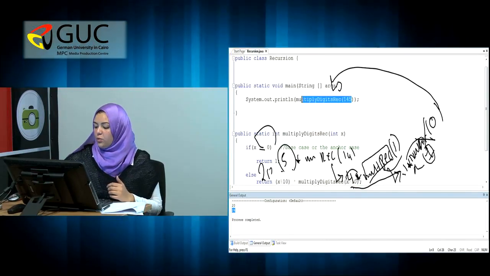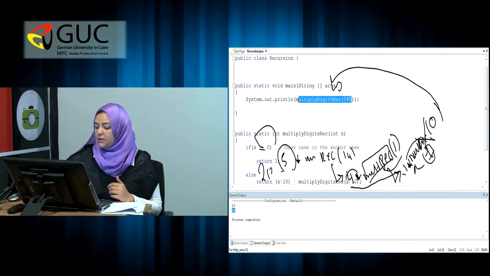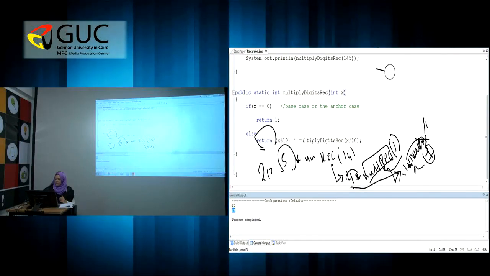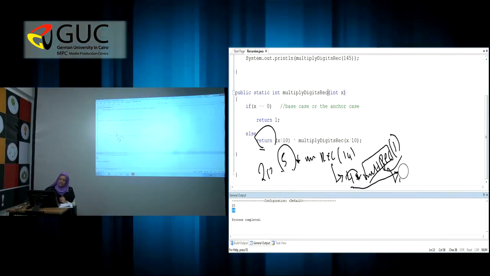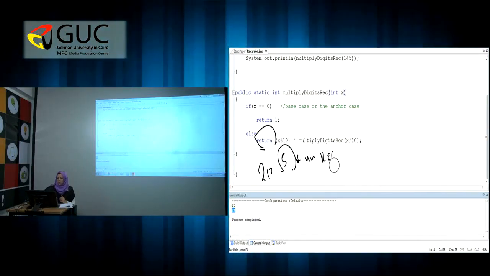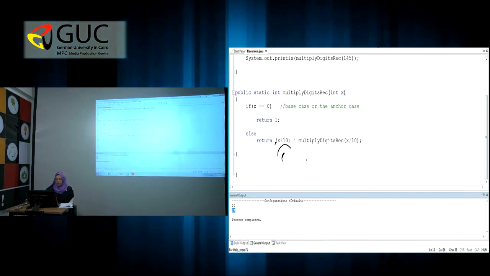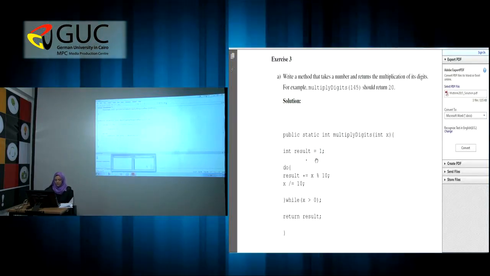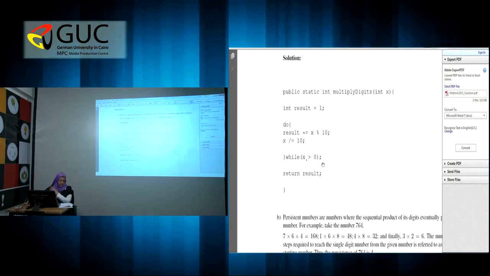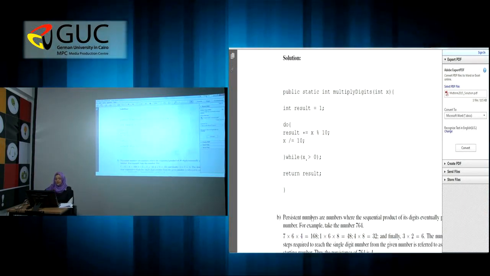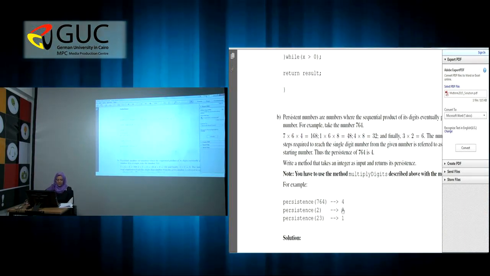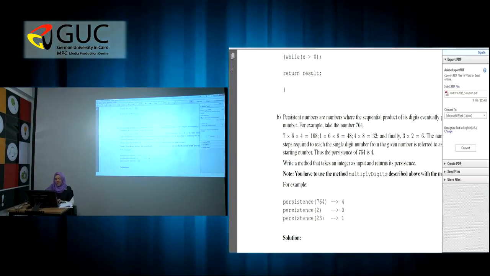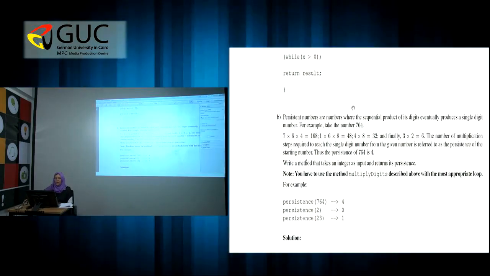Okay? Okay. Let's do another example. However, in this example, we also use the multiply digits rec method in another method. So let's see what is the question. It's also in midterm 2015, and it's exercise 3B. So here we ask,